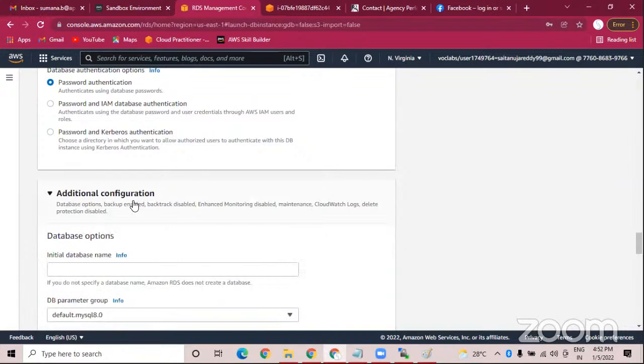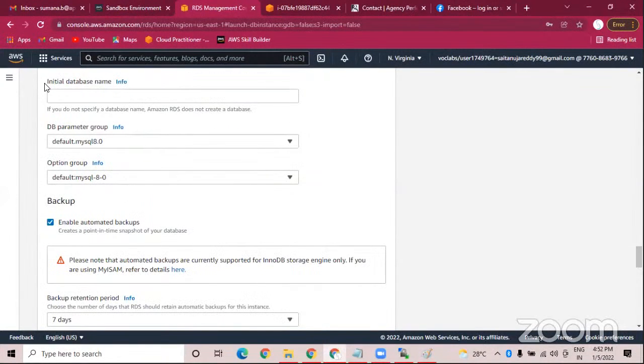And coming to additional configurations, so here we have to provide your initial database name. That means, so మీరు ఏ డేటాబేస్ అనేది దేనికి క్రియేట్ చేయాలనుకున్నాం. ఫర్ ఎగ్జాంపుల్, ఇఫ్ యు ఆర్ యూజింగ్ ద డేటాబేస్ ఫర్ యువర్ ఫేస్బుక్ అప్లికేషన్, సో ఫేస్బుక్ యూజర్ డేటా తీసుకోవాలి, లేదంటే ఫేస్బుక్ సైన్అప్ డేటా కావాలి. సో యూ హ్యావ్ టు మెన్షన్ ద డేటాబేస్ నేమ్. ఓకే, ఫర్ ఎగ్జాంపుల్, ఇఫ్ యు ఆర్ టేకింగ్